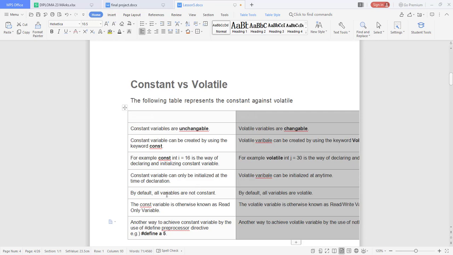By default, all variables are not constant. By default, all variables are also not volatile. And then a constant variable is otherwise known as a read-only variable, and a volatile variable is known as a read-write variable. Another way to achieve a constant variable is by using the define preprocessor directive, and we work with this by having